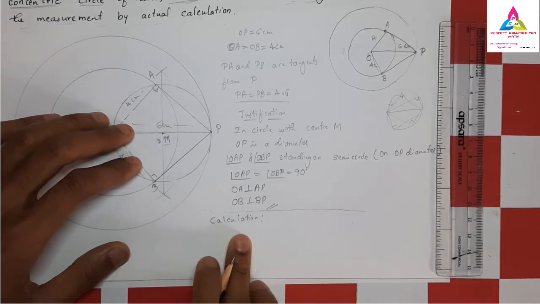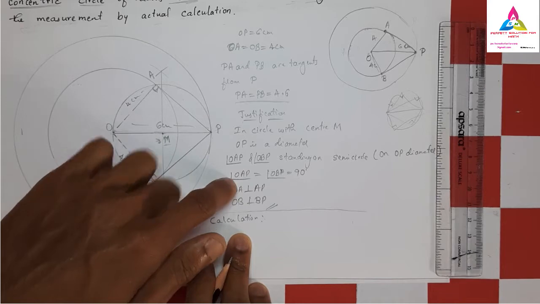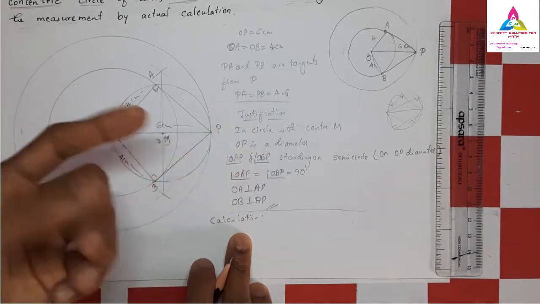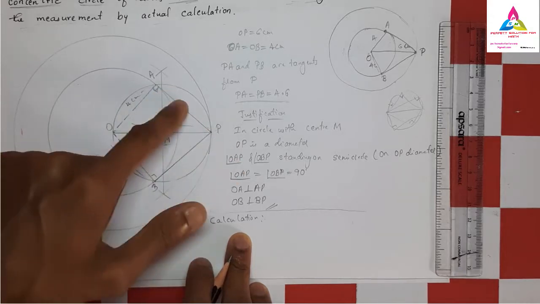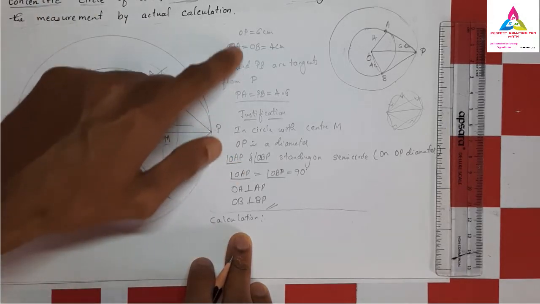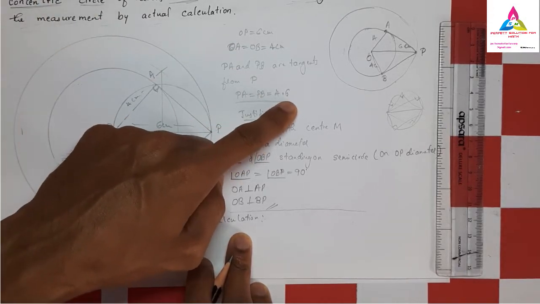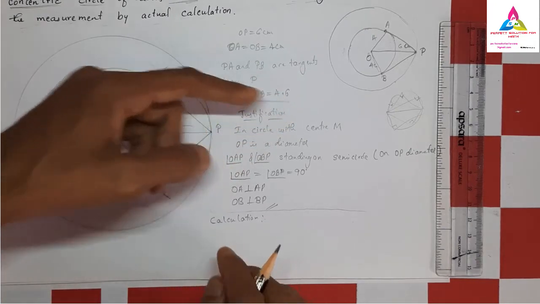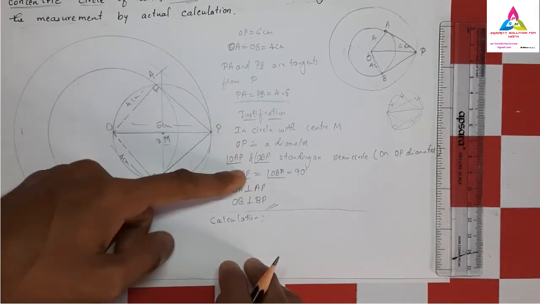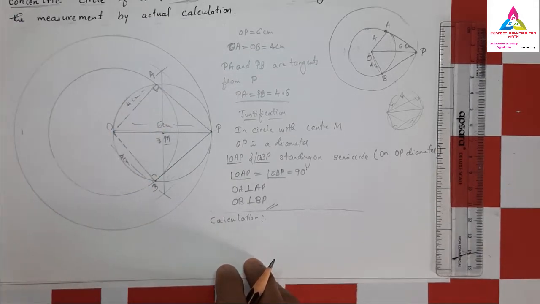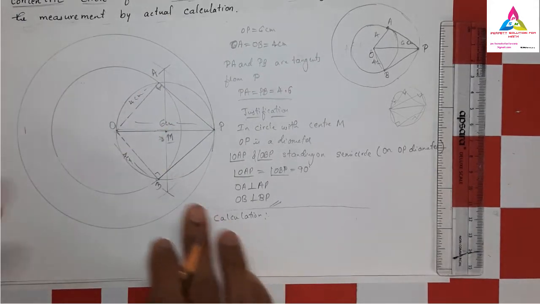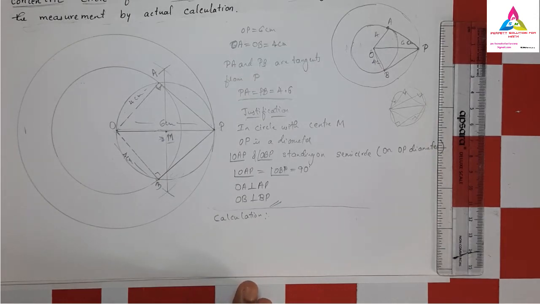Sometimes they will not tell you to do the justification. When they do not ask for the justification in the exam, don't do it. Directly construct it and write down that PA and PB are how many degrees, till here. If they ask you to write the justification, then you have to write all the justification. If they ask you to calculate, you have to do the calculation. So simply don't do it in an exam; only if they ask, then you do.